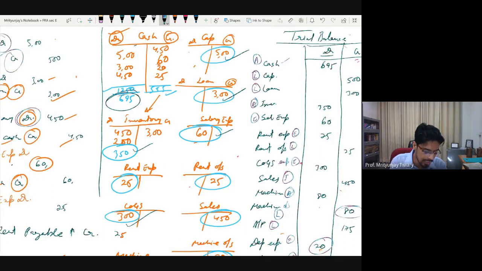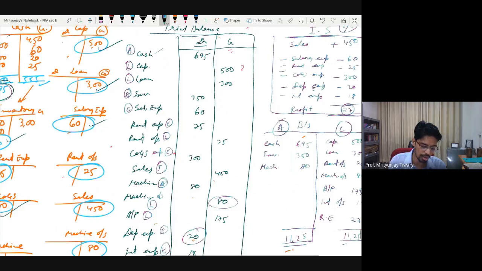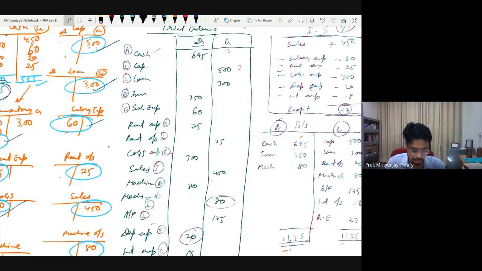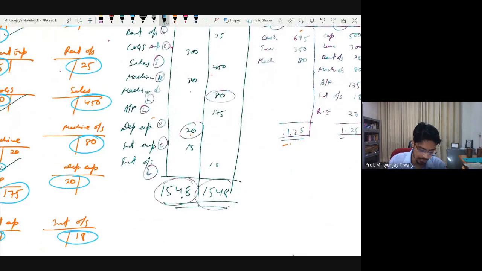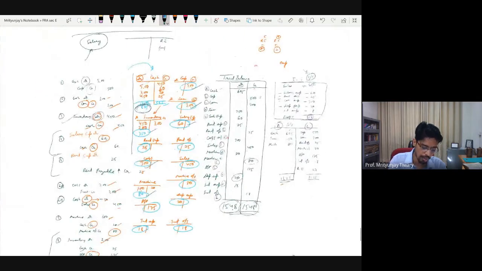Once you have found out the balancing number, then you go to next step, step number 4. That is, write in one statement all the closing balances. Once you have found out all the closing balances, you can quickly check. This is only for the purpose of checking and convenience. Otherwise, if you are really sure, you could have avoided this step, trial balance. I don't encourage it right now, but once you are really frequent and let's say in exam or somewhere, the only question asked is, give me income statement or balance sheet, then if you're really sure that you will not end up making mistakes, you can avoid trial balance.